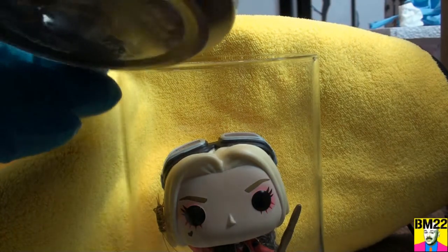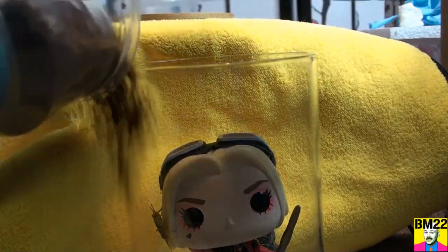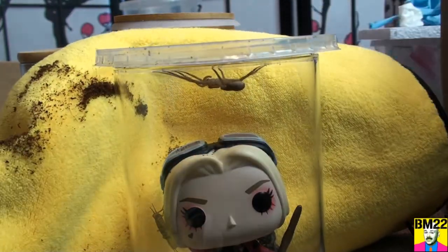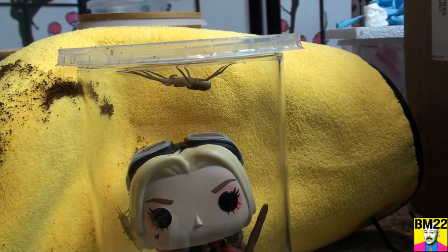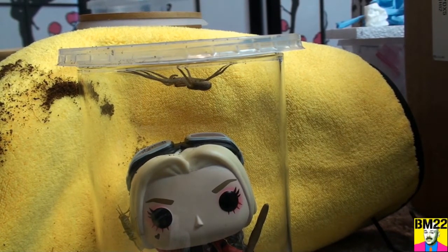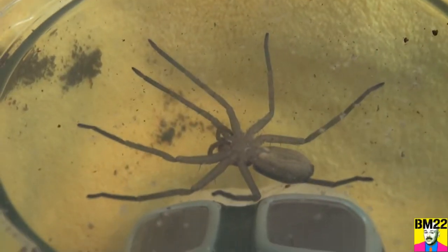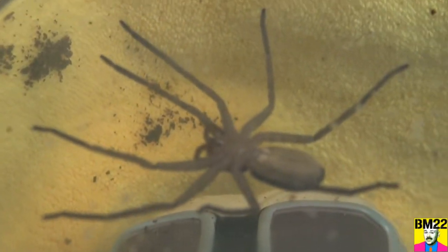Get this lid off. Oh, no, okay, whoa. All right, so we got the spider and it spilled a bunch of spider dirt all around the place. Okay, so the spider is still on the lid. So the goal is going to be to get the spider off the lid and far enough down, look at that creepy son of a bitch, in that container to get the wooden